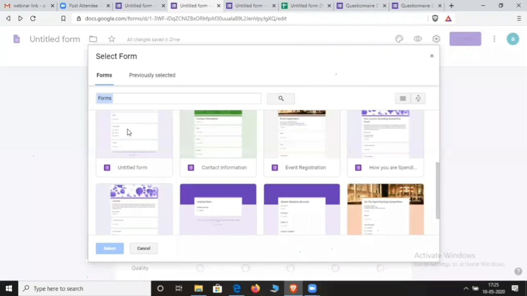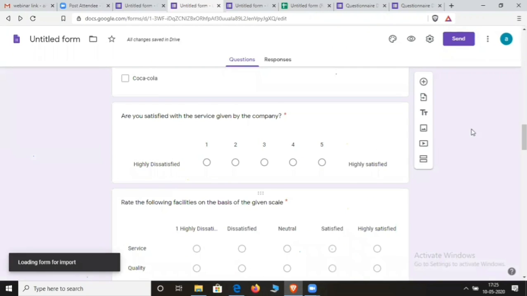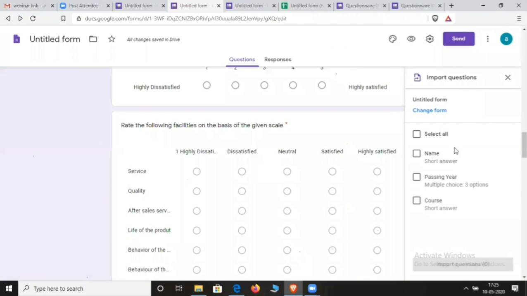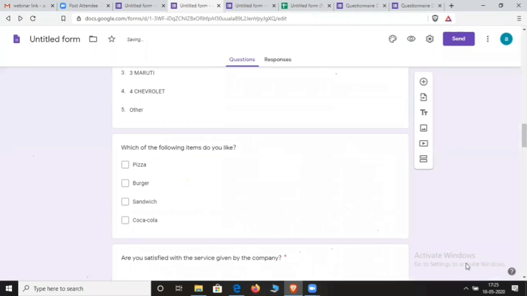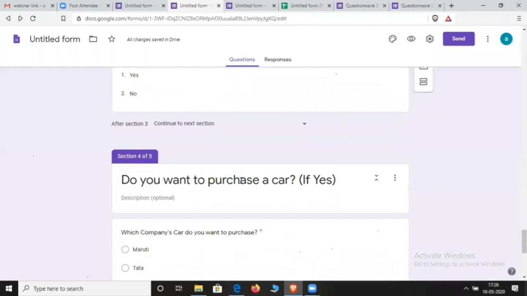If you select any one file and select this, you will see all the questions from your questionnaire. If you want to add this name, you can add. If you want to add passing year, you can add. If you want to add course option, you can add. Just click on import questions and see, the questions are already added.